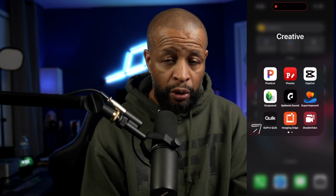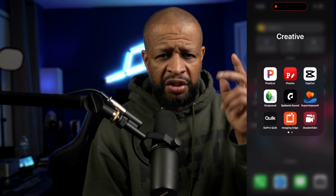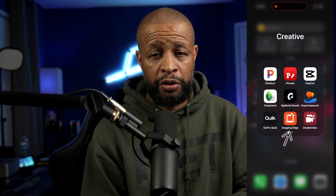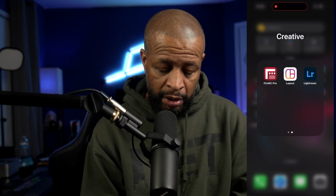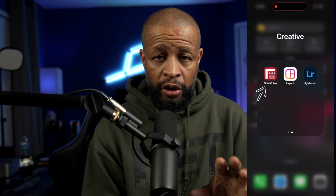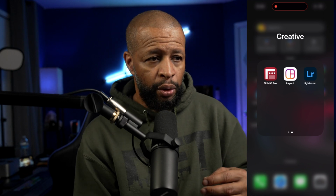I got my GoPro Quick app, which controls my GoPro Hero 7 or 8, 7. Image Edge app is for Sony, which I use to remotely control my cameras. So that's the go-to. Double Take is part of the Filmic Pro package of apps. So if you really want to get down to using your iPhone in a more